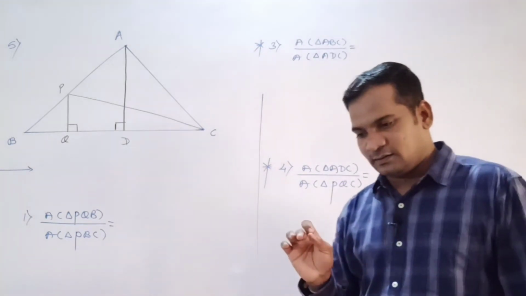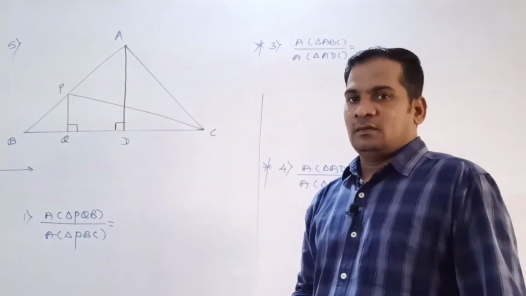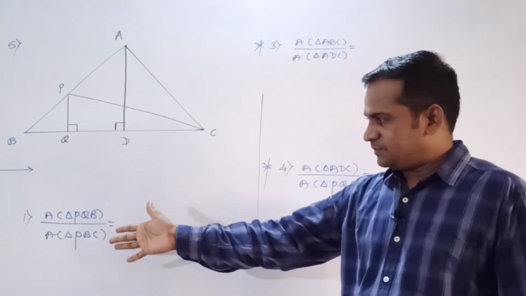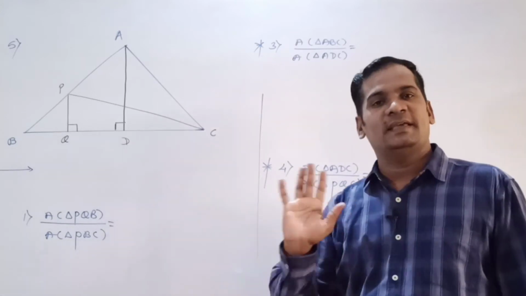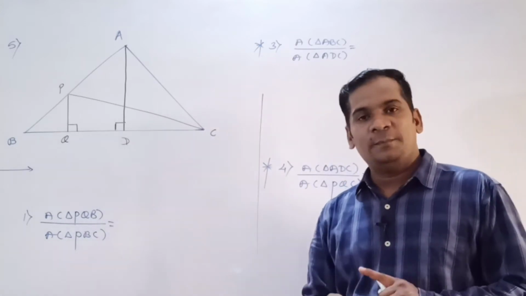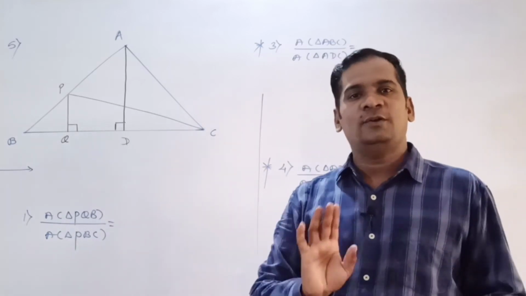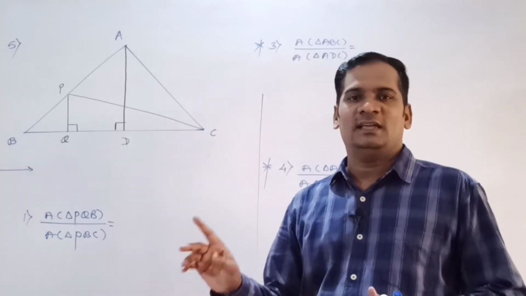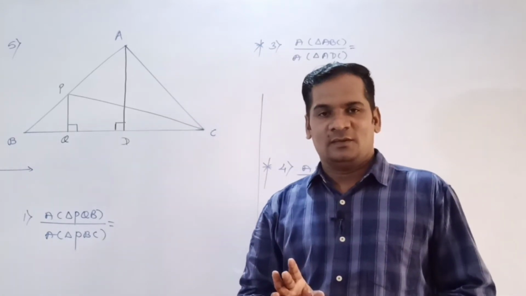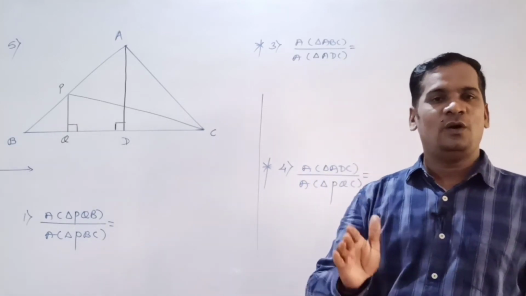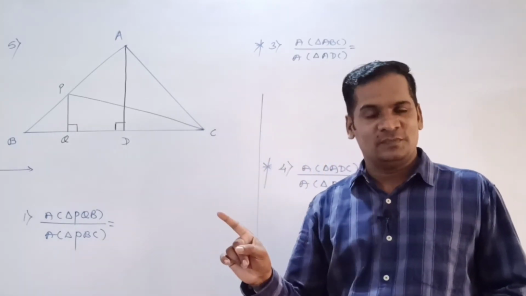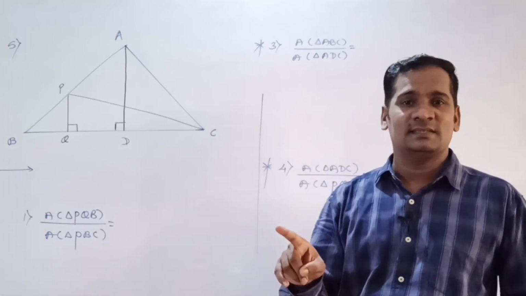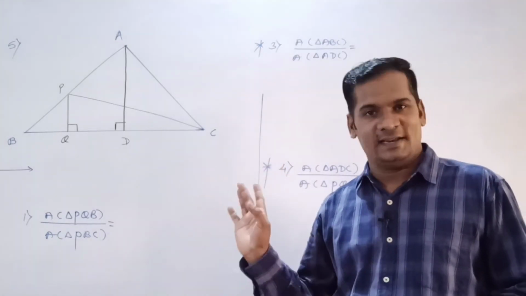Now to solve this question, first of all we will take one by one all ratios, and in each ratio 2 triangles will be given. First of all we will find out the base and height of that particular triangle. If both are different, then we will use the first property. Which is the first property? Ratio of areas of two triangles is equal to the ratio of product of their bases and corresponding heights.